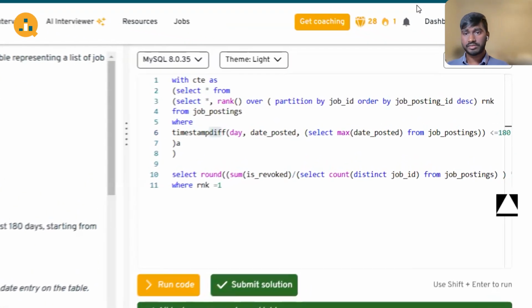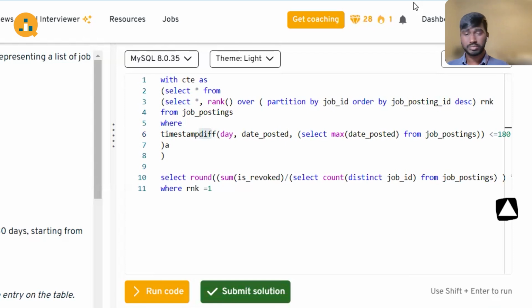And then in the rank function, you should use order by date posted, but not job posting ID. Here, since the recent date posted has the job posting ID greater than the previous one, you got the correct output, but you should order by the date posted but not the job posting ID, because you need to find the most recent one, which needs to be found by date posted. Got it. And then you had a few syntax mistakes, and then yeah, in the select